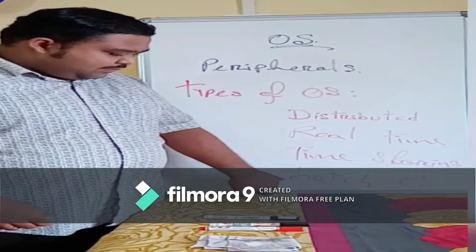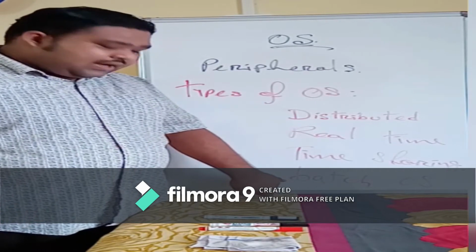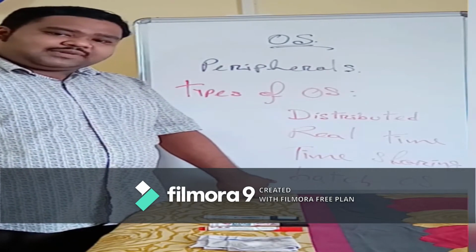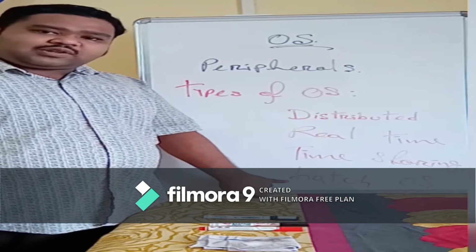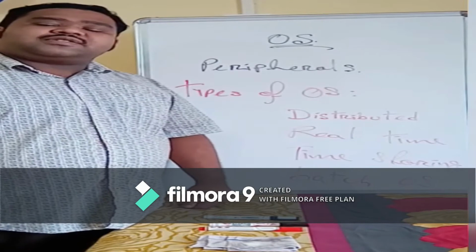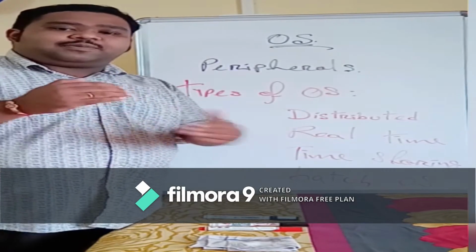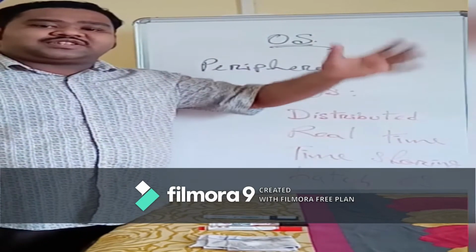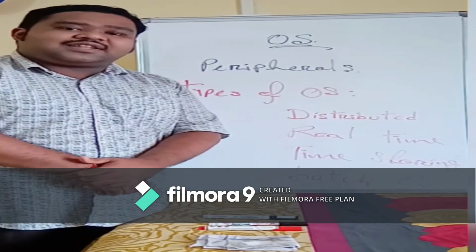उसके पहले batch system में क्या होता है? Batch system में CPU sits idle for most of the time. इसका ड्रॉबैक बोल सकते हैं, CPU sits idle for the most of the time. Characteristics भी बोल सकते हैं, ड्रॉबैक्स भी बोल सकते हैं. Time sharing में क्या होता है? CPU doesn't sit idle for most of the time, as the CPU time is being shared with the multiple users, those who are sitting at different places and accessing the system.